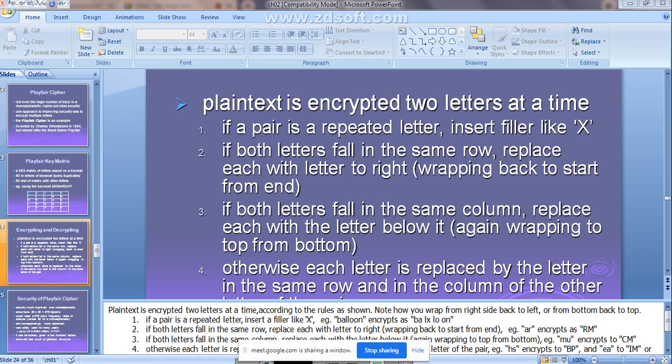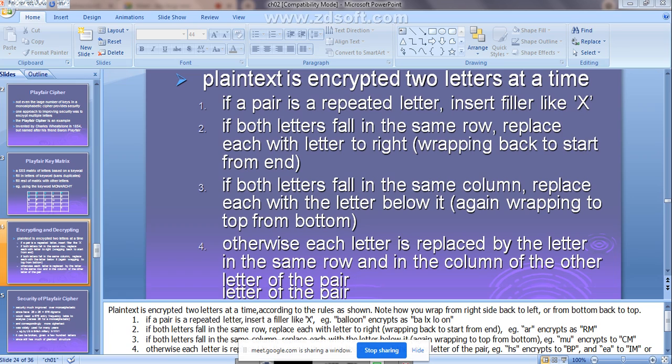Whatever the keyword is, you just need to represent it first in the 5 by 5 matrix. Then after that you are going to fill the cells of the 5 by 5 matrix with the other letters. Then you are going to follow these four rules. See, always here it is a multi-letter encryption. So whatever the plain text you are encrypting, always you are going to encrypt 2 letters at a time. Whenever you are encrypting, these four rules you need to follow.